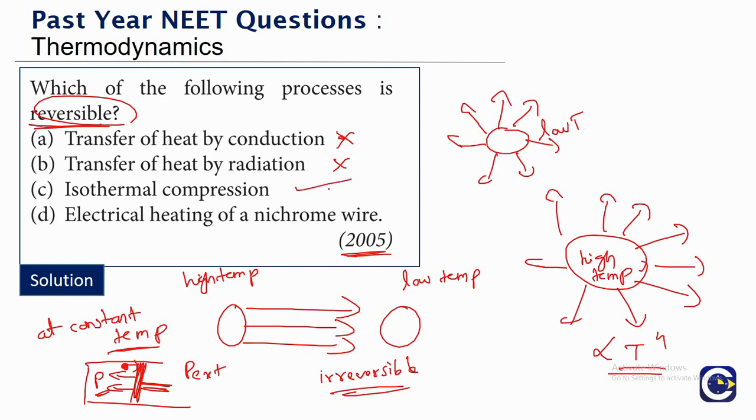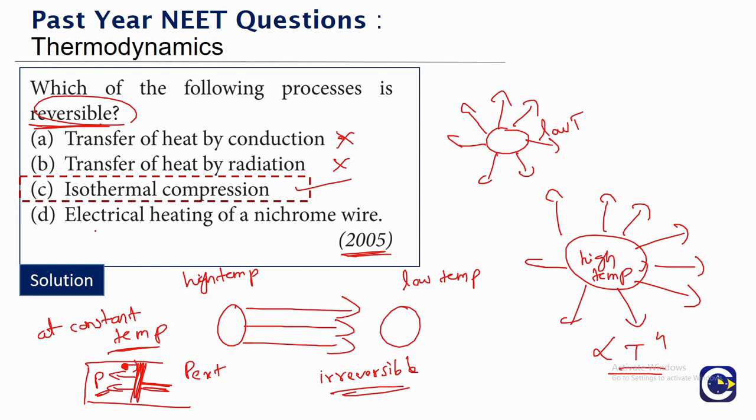In fact, we keep talking about it, right? When we have an isothermal process, we use the word whether it is reversible or irreversible. It means isothermal compression can be reversible when the system pressure or the gas pressure is almost equal to the external pressure. Okay, what about option D? So we got our answer.